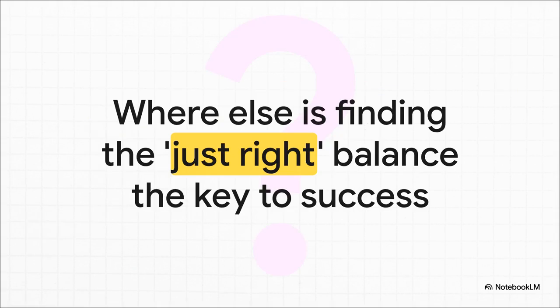And I'll just leave you with this one final thought. This whole balancing act, this constant push and pull between simple and complex, it's like the absolute core of machine learning. But it's not just about algorithms, is it? Think about it. In almost everything we do, managing a project, designing something, even just planning out your week, it's always about finding that just right balance. So where in your life are you looking for that Goldilocks zone?